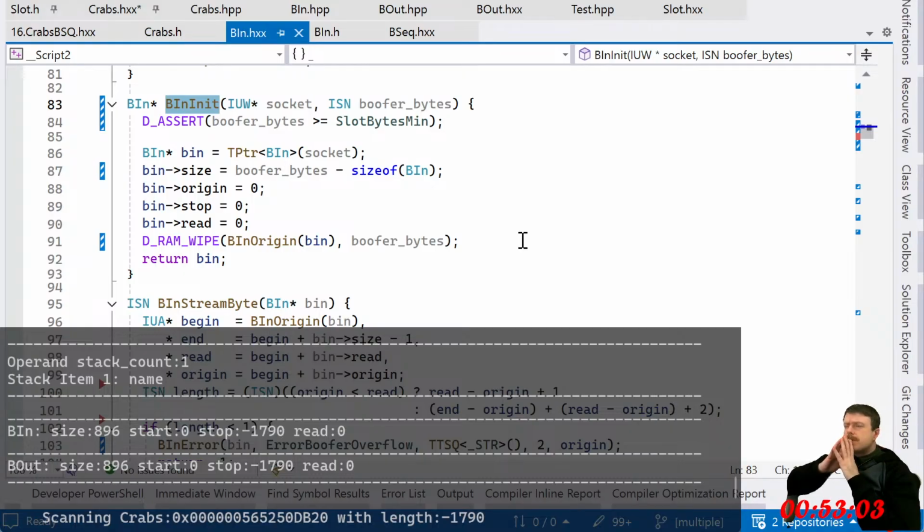Not 100% sure why I'm passing in the IUA pointer. I mean, yeah, it makes sense because then I'd guarantee to be word aligned. I guess that's why I have that address thing. I'm just going to get rid of this thing.